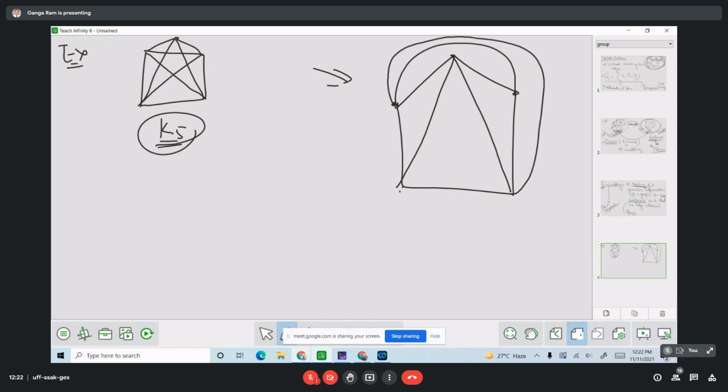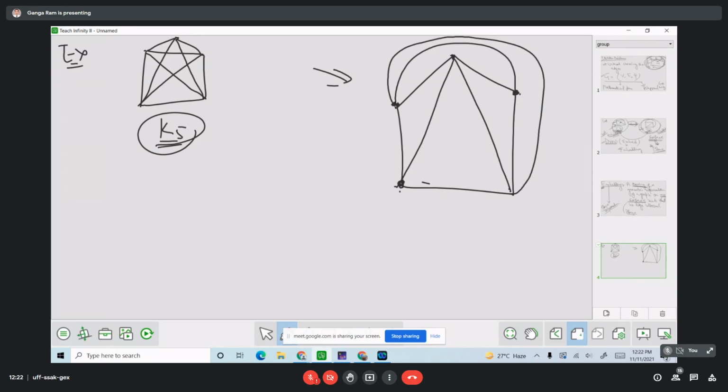Is it possible? We can join like this way. Okay, now the job is complete for this vertex. This vertex is joined to the other four vertices. Now we are here. This vertex is joined to this one, and to this one, but it is not joined to this one. Can you join this vertex to this vertex without crossing the edge? It is possible.